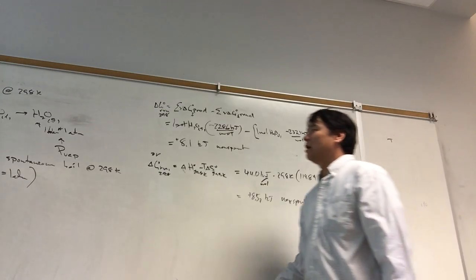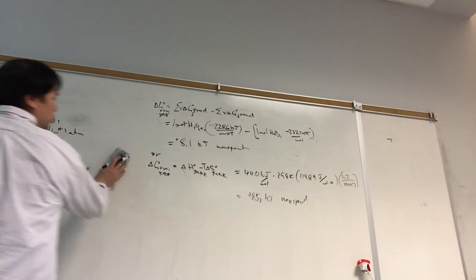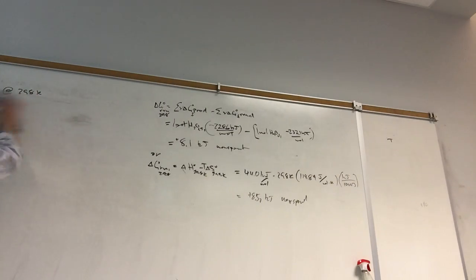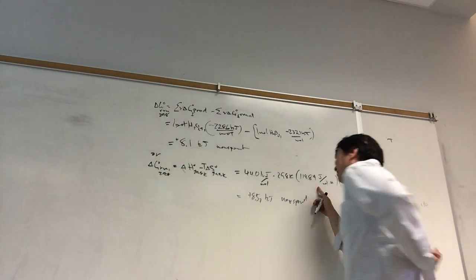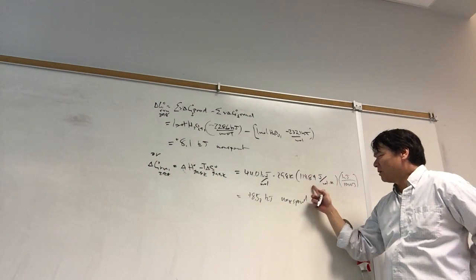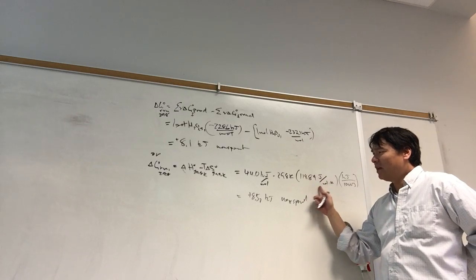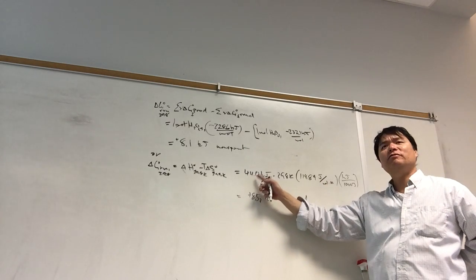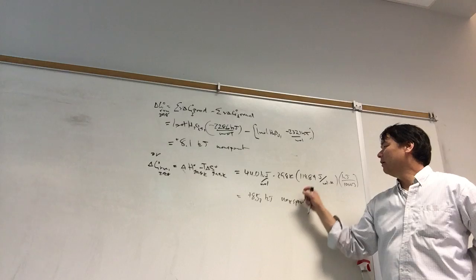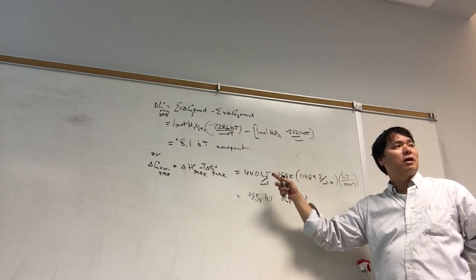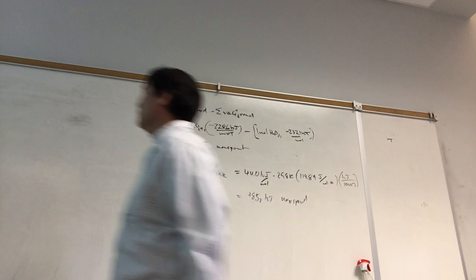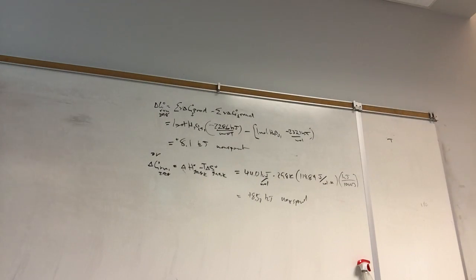Well, the thing is, maybe I could change the temperature. In this case, I can change the temperature, right? Because the entropy is favorable. But the favorable entropy is not enough to overcome the unfavorable enthalpy. But if I increase the temperature, I can get the two to cancel each other out. And so what I do here is, this is going to be under standard conditions, at what temperature will this go